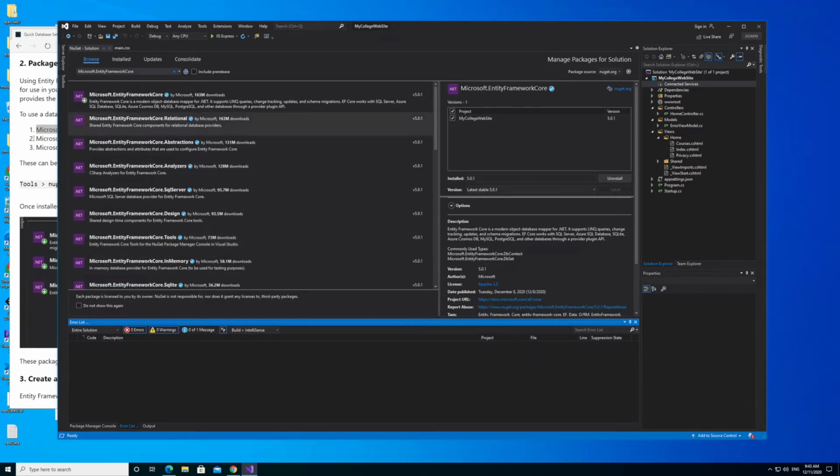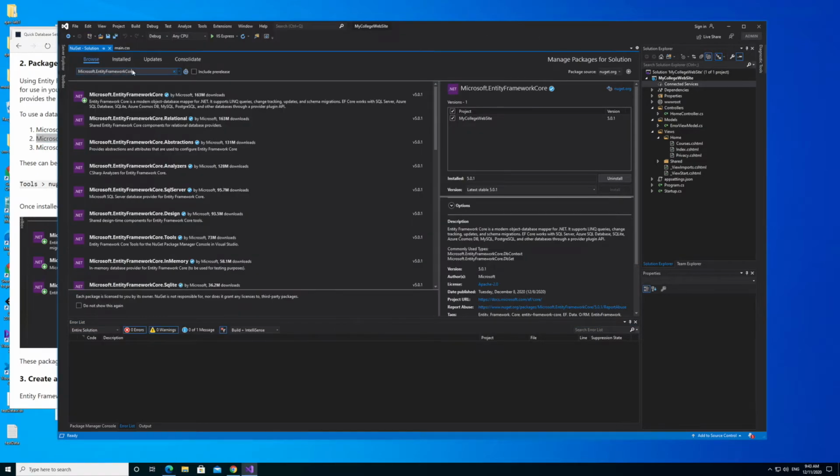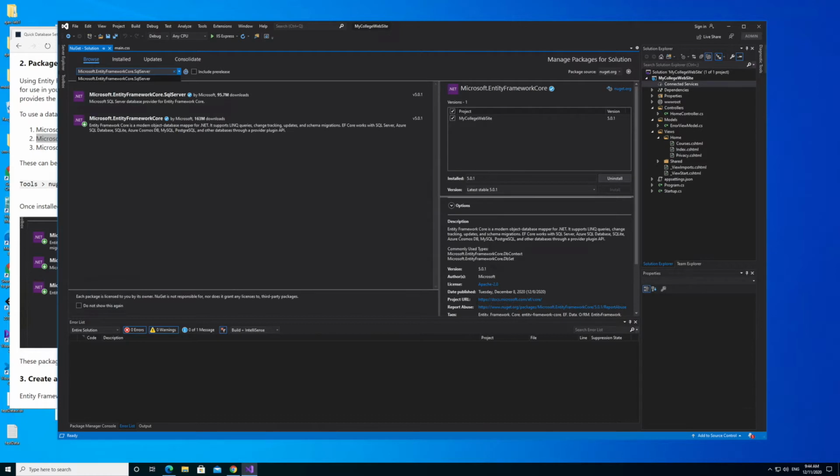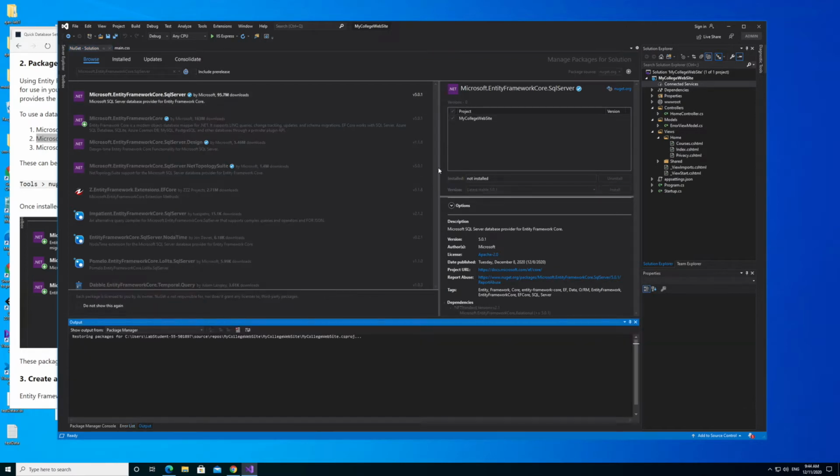And then the next one is SQL Server. So Entity Framework SQL Server. So I'll go back and I'll do another search for that. And there it is. So 95.7 million downloads for that one. So Microsoft Entity Framework Core SQL Server. Again, I'll install it in and accept the